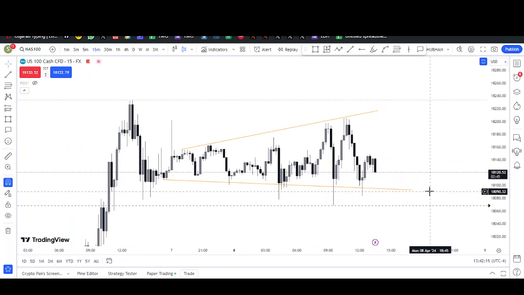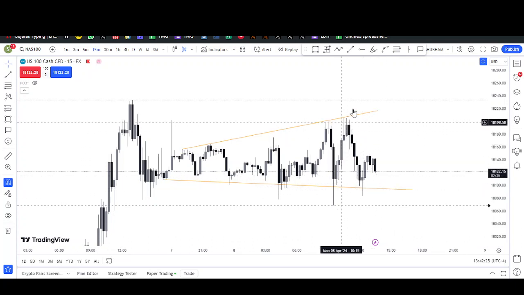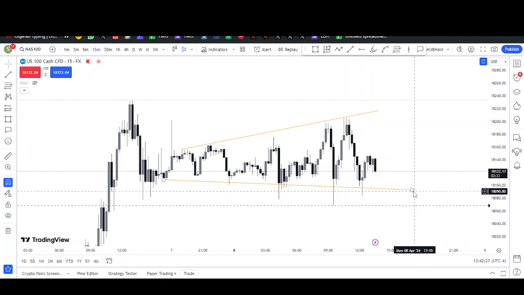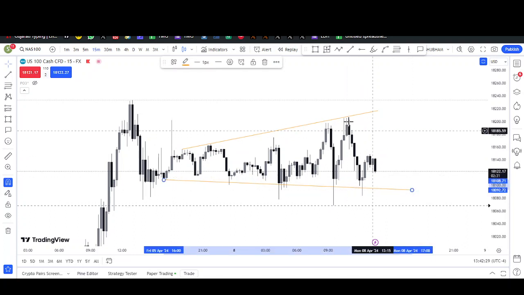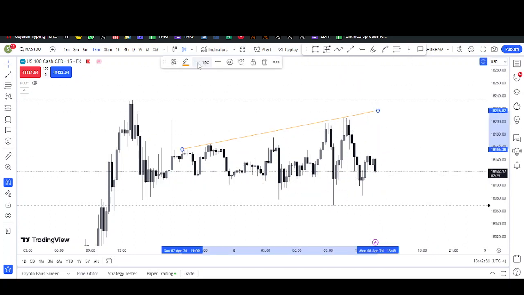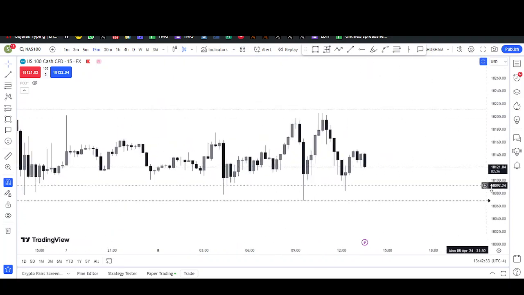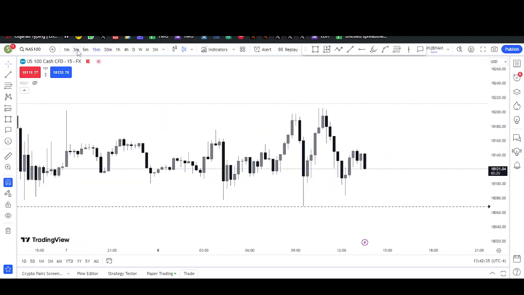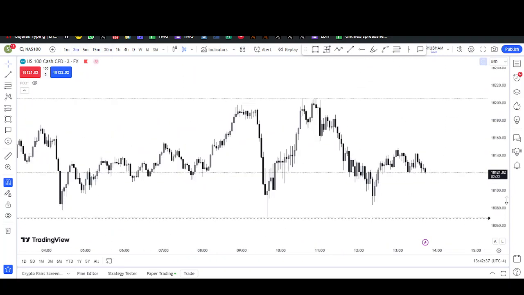So if you are taking any trade, it must be a very short term trade having very short term targets, not huge targets. If you are going long here, you are not targeting that this high will be raided. No, that's not going to happen today because we also don't have any news. Now let's see the trade which I took, and for that I will go to the 3 minute time frame.